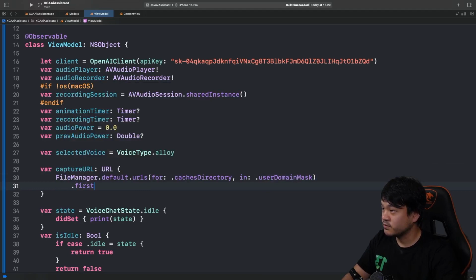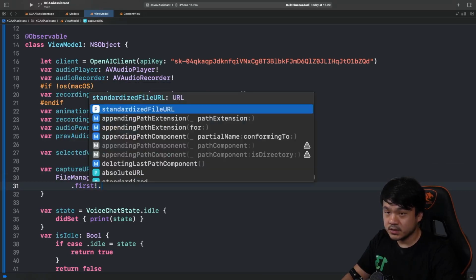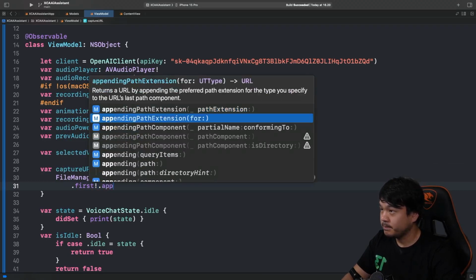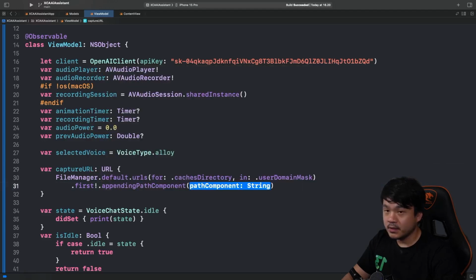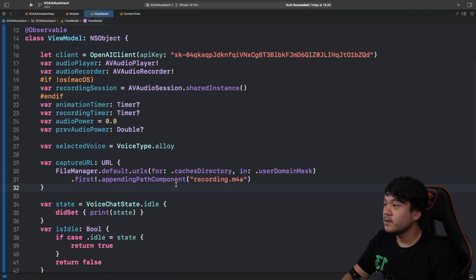I'm going to use first, just first unwrap this, and then appendingPathComponent. This will be the file name recording.m4a. We're going to use AAC for the recording format.